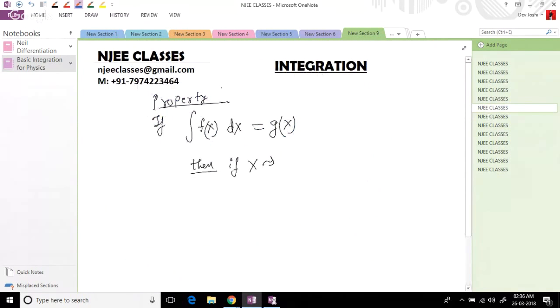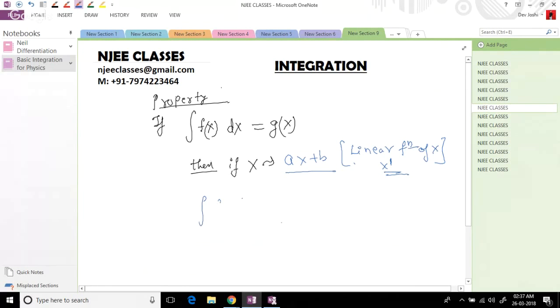Otherwise, let's see another example. Okay, so this I think we have already done. There is a simple property, on the basis of substitution also. There is a trick: suppose you have the integral of f(x) dx equal to g(x), and suppose x is replaced by ax + b, a linear function of x. Linear function means there would not be any power of x, square root of x; only x to the power 1 in the expression. So if the integral of f(x) dx is g(x) and x is replaced by ax + b,